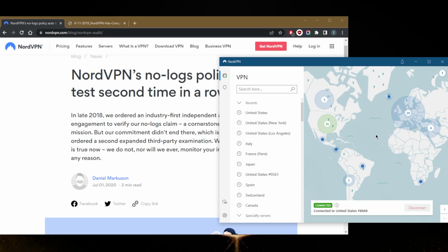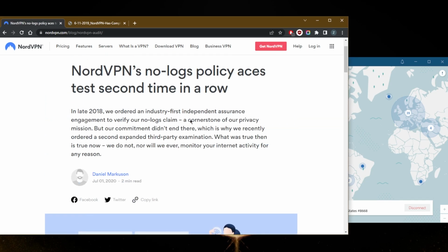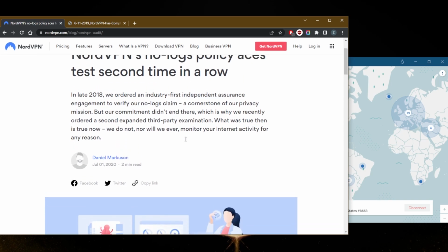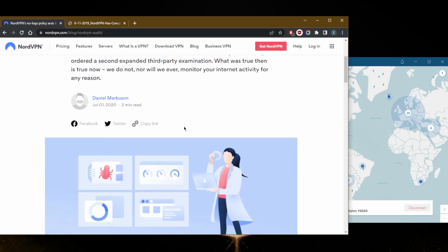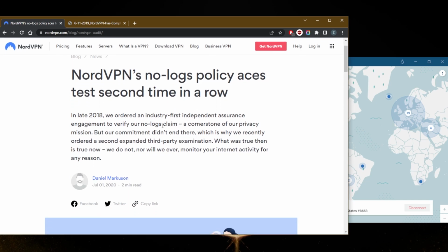Okay? So, of course, let's just start with the privacy policy. They do have an independently audited no-logs policy, and there are plenty of audits that they have conducted, and they're all available to the public. If you log into your NordVPN account, you can even view all the independent audits that they've conducted, and they all result in great standing, and whatever issues come up in these audits are fixed immediately, okay? So in terms of the no logs policy, we have plenty of evidence that they really don't log anything